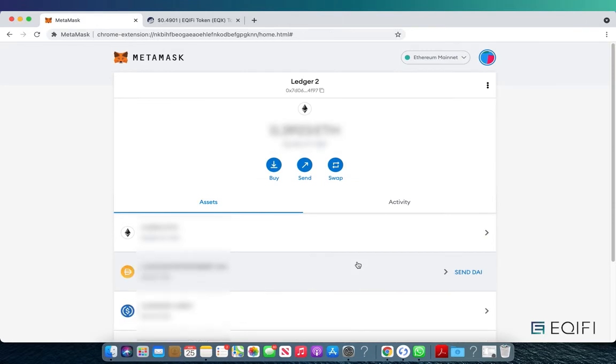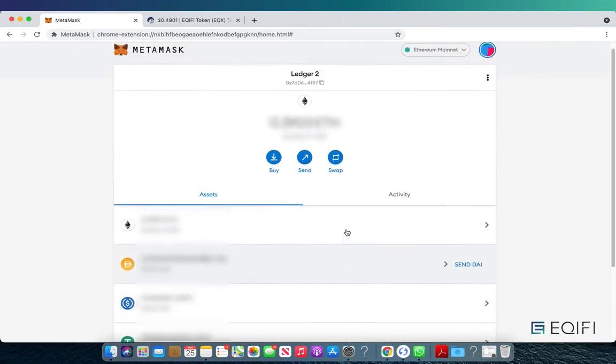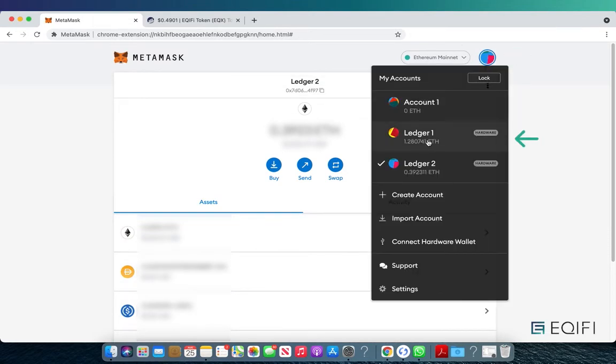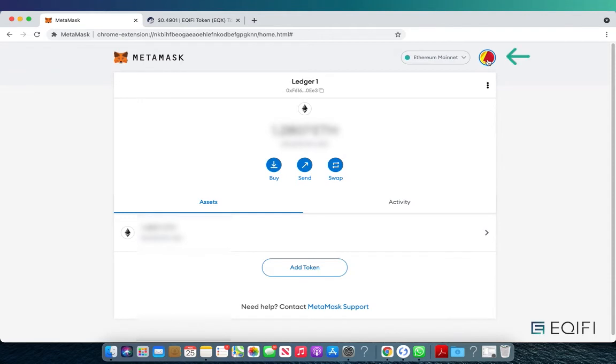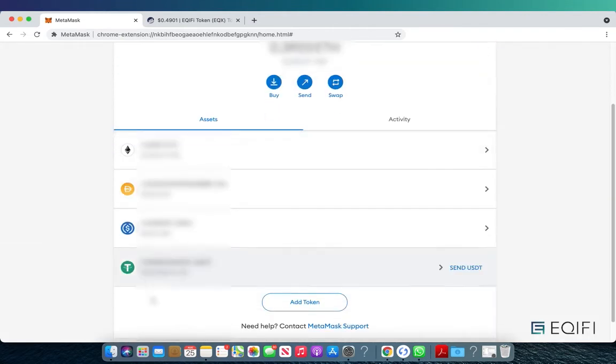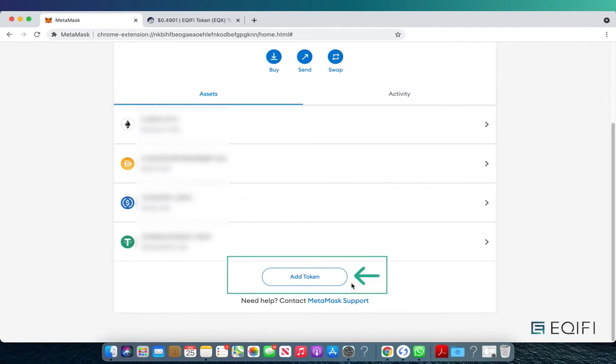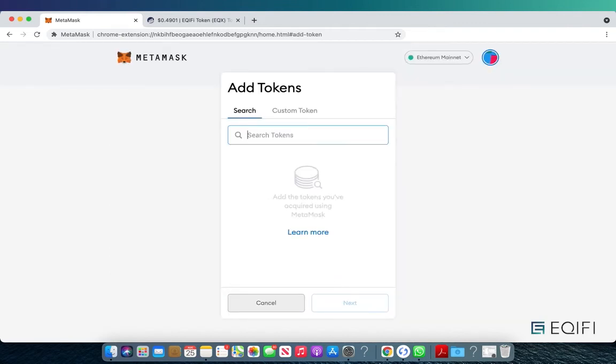These addresses are now unlocked, and as you can see, I have different tokens in one of the addresses and different tokens in another one. I can switch between them right here. Let's say that I'm on this address, and I know that I have some EQX tokens here, but I cannot see them. To be able to see the EQX token, you need to click on Add Token, and here you